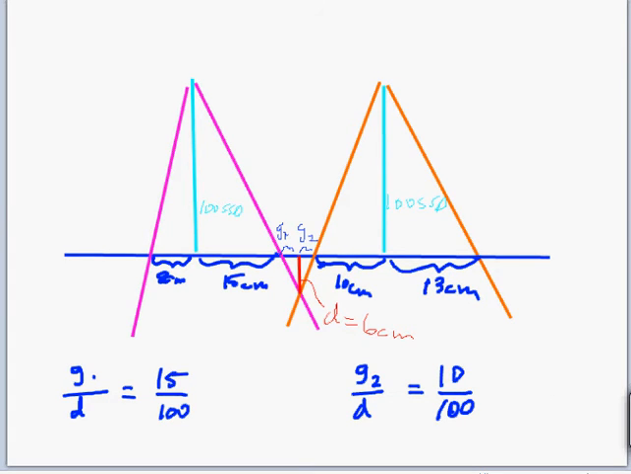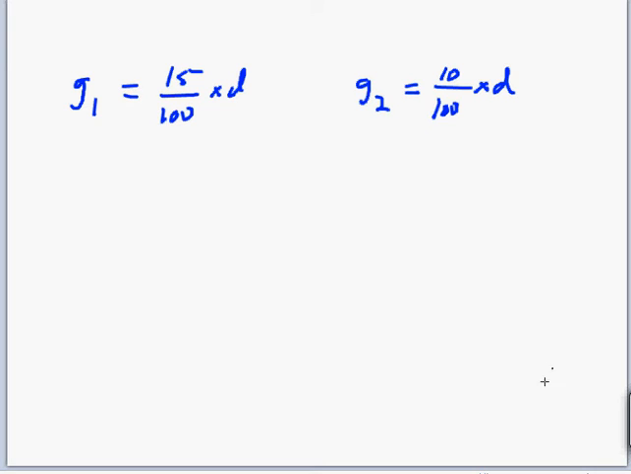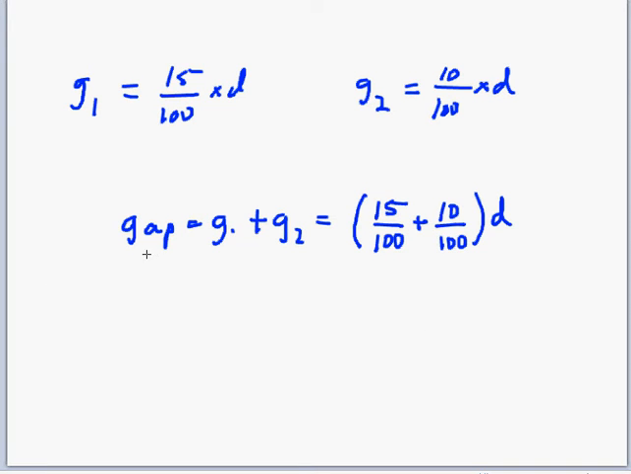So let's do the math here. Now I want to show you what I was doing in my head when I came up with the answer without any paper. So we have our gap 1 is 15 divided by 100 times the depth. Gap 2 is 10 divided by 100 times the depth. And let's just write that out here. So the total gap is going to be G1 plus G2. So there's 15 divided by 100 plus 10 divided by 100 times the depth. This D is the same, so I just added those together. So hopefully you can see where that came from. And that is going to be equal to